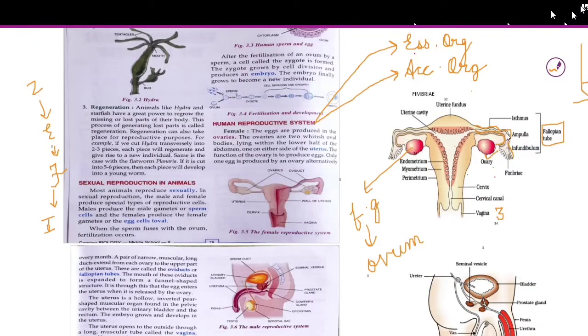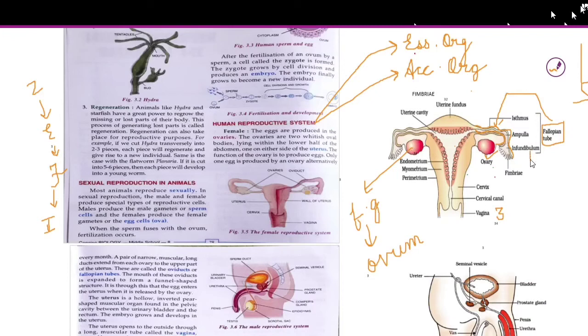When the egg releases from the ovary and tries to reach this area, before that, here somewhere, if a sperm is present, many sperms are actually present, children. If a sperm is capable of fusing with this ovum that is released from the ovary and through this part of the oviduct reaches this site, then fertilization occurs here in this part of the fallopian tube. So what is the function of the fallopian tube? It is the site of fertilization. And now let us see the 3 parts of the fallopian tube.